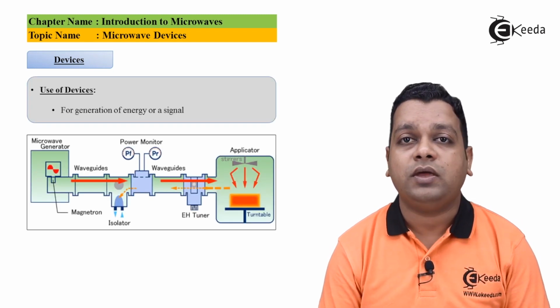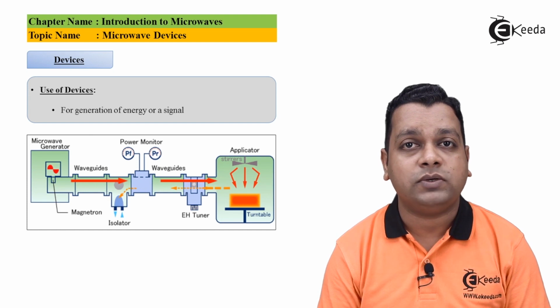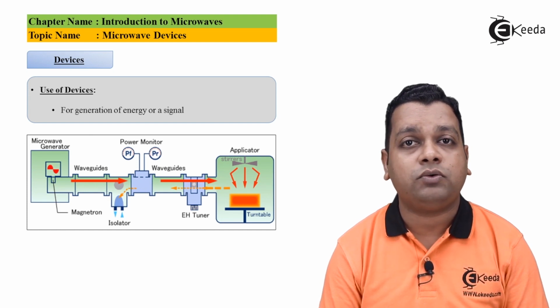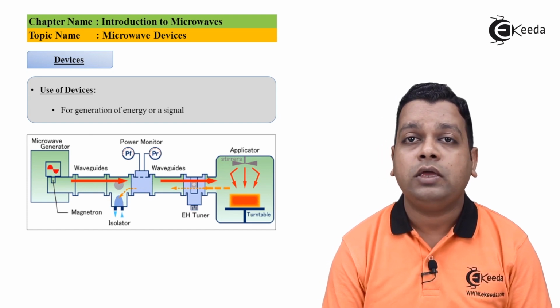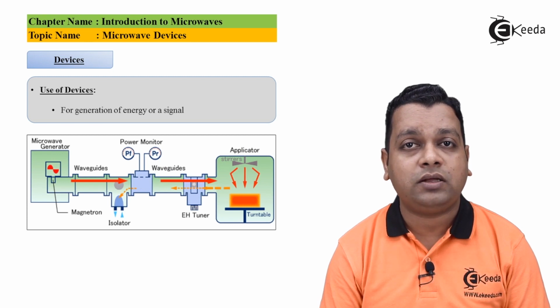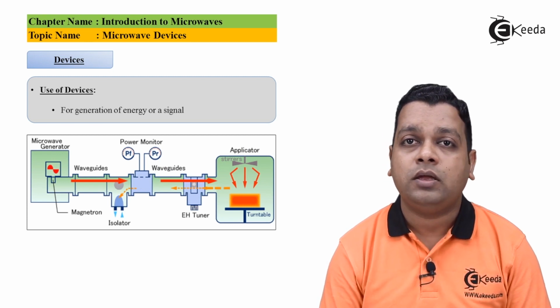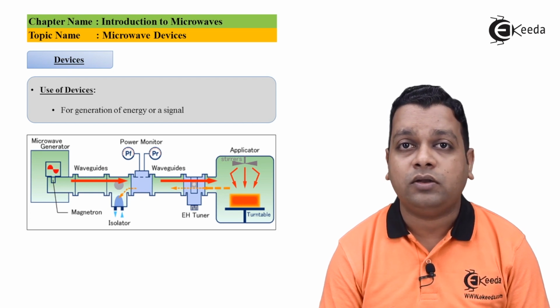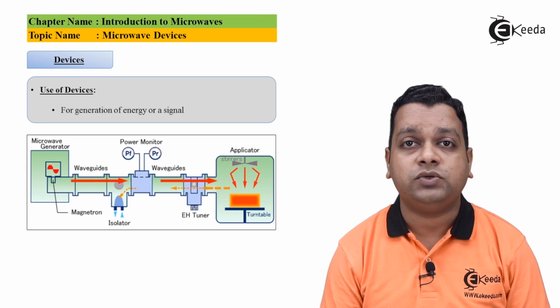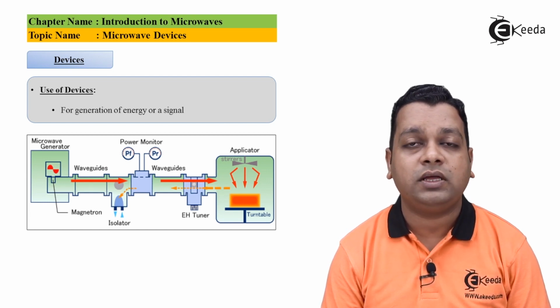Here we are taking one example from our subject, microwave engineering. On the left hand side of the diagram, you can see a microwave generator. The microwave generator is basically the oscillator. Most of the time we take the Gunn oscillator or the reflex klystron. These particular devices will be introduced in the subsequent videos of our subject.